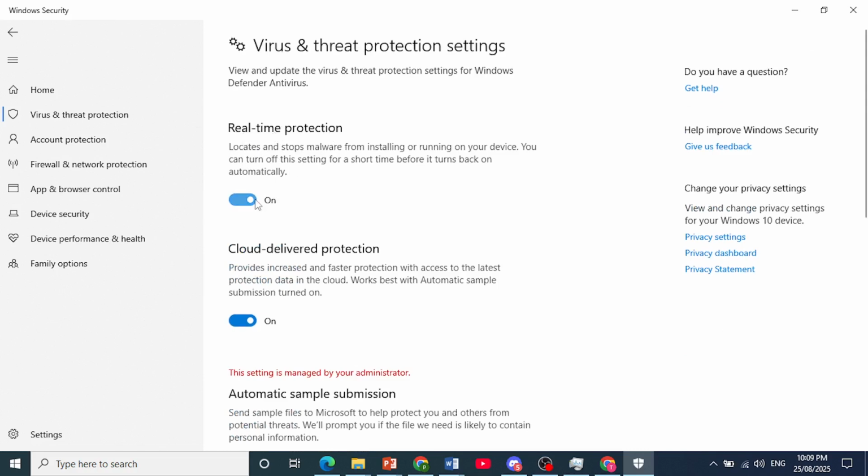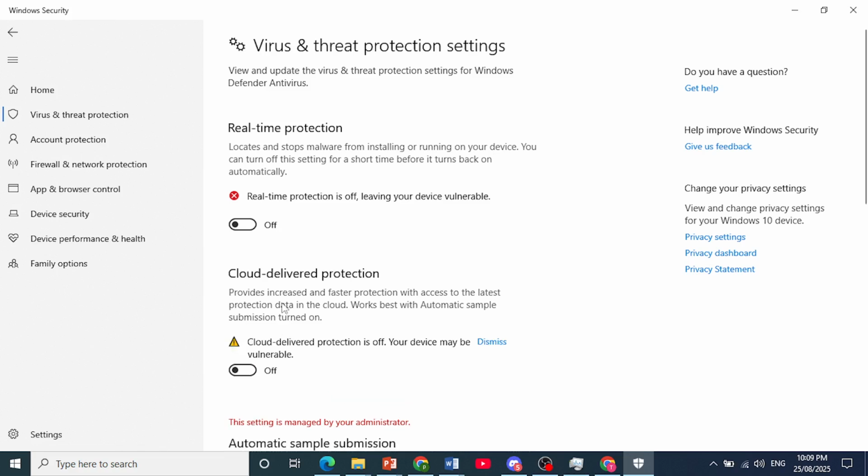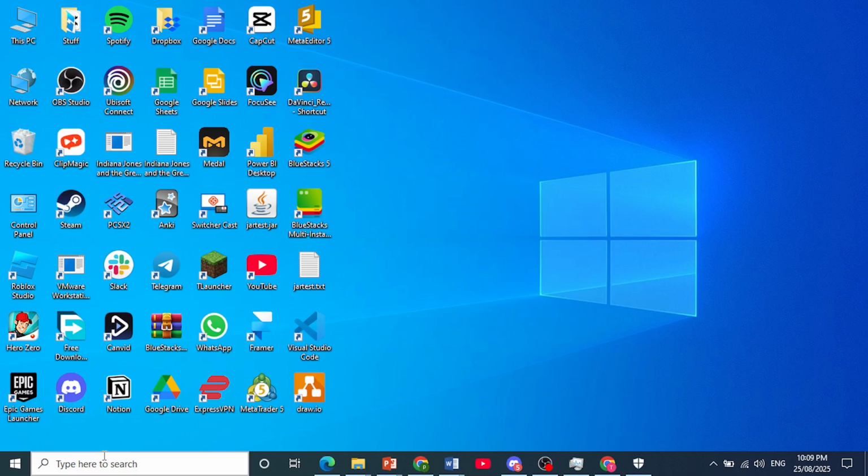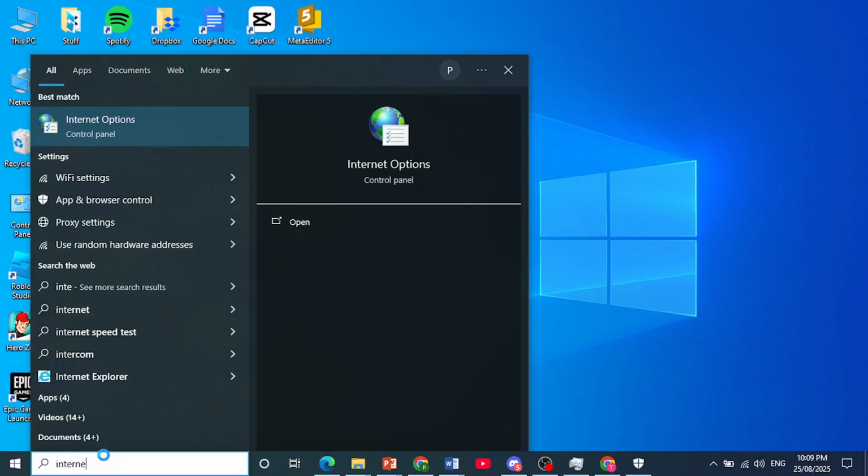off. Real-time protection, toggle this one off. When you're prompted, just go ahead and hit yes on your computer, and then toggle this one off as well, Cloud Delivered Protection. And then what I want you to do is hit search again and just type in Internet